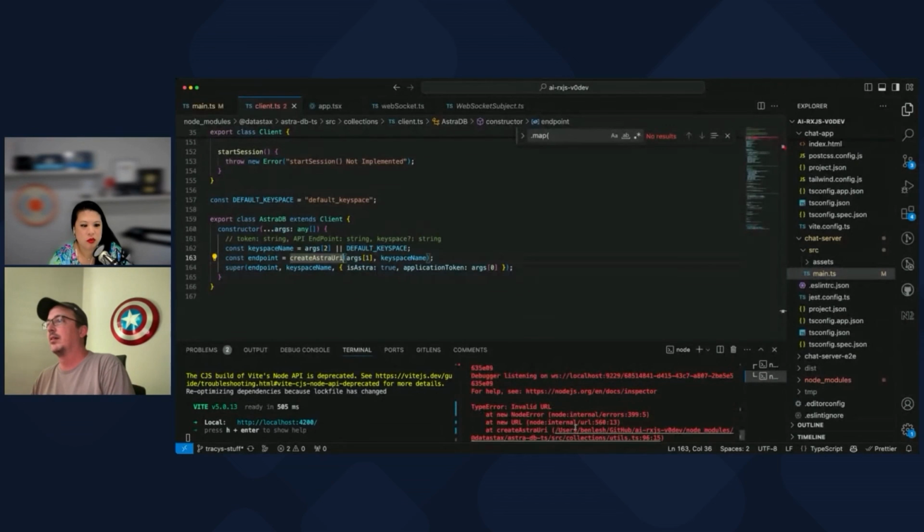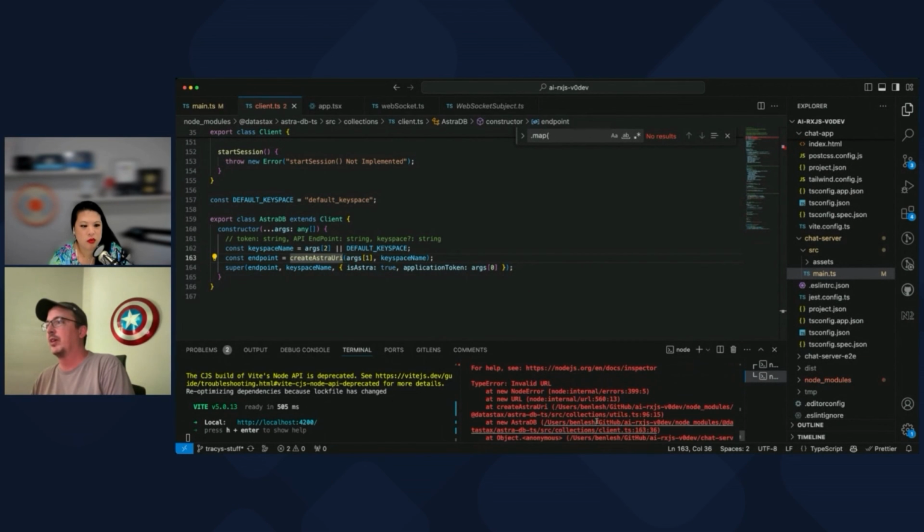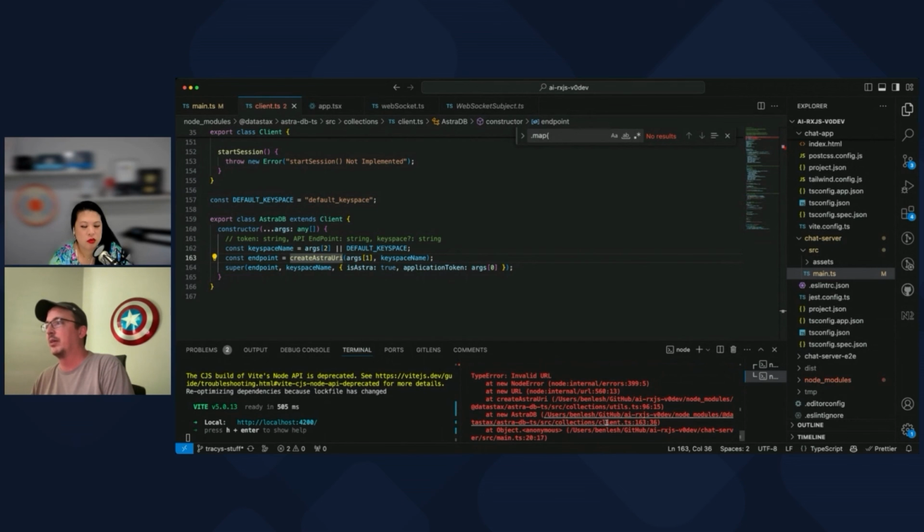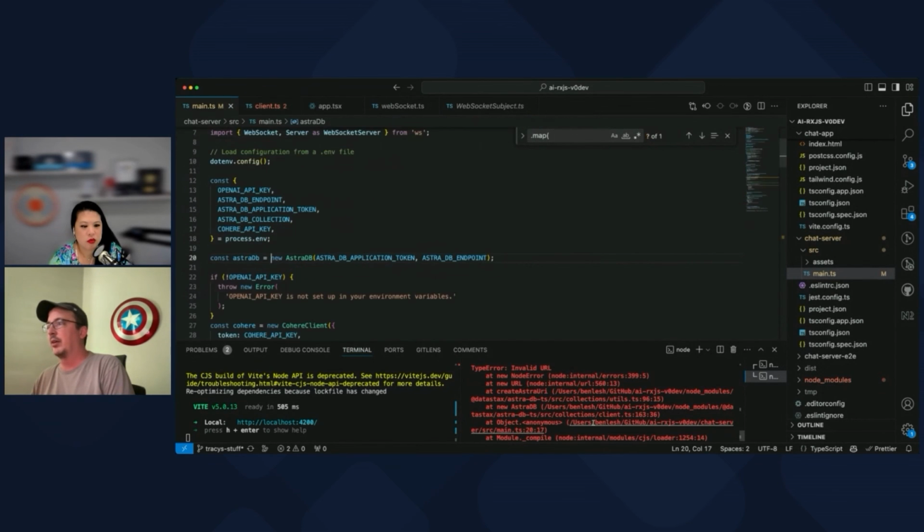I started sharing my screen and then I didn't actually share my screen. Sorry. Let's share screen and then look at my code. So whenever I tried this, it crashed the server right here. We got an error, invalid URL, when it's trying to log into this, and that's coming from client. Here's our code that's responsible. It's supposed to be getting the endpoint. I'm going to guess that this is probably not correct. So I'm going to stop sharing the screen just for a second so I can check that env file.